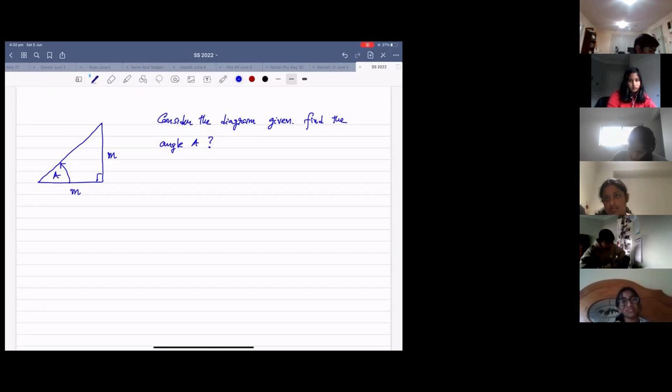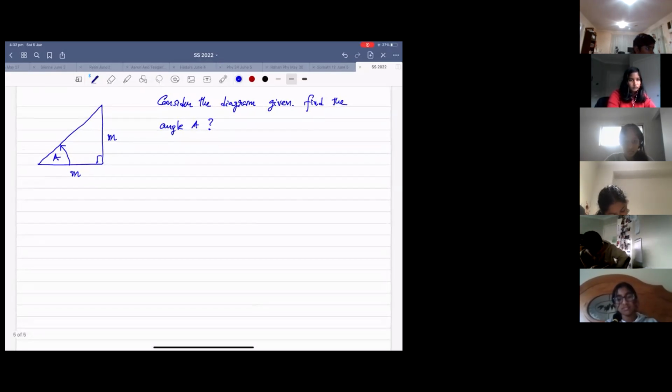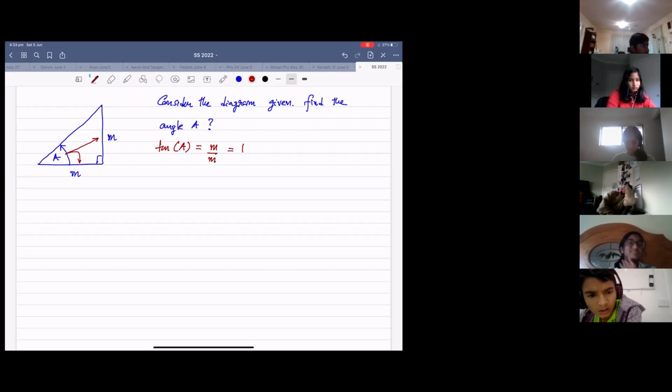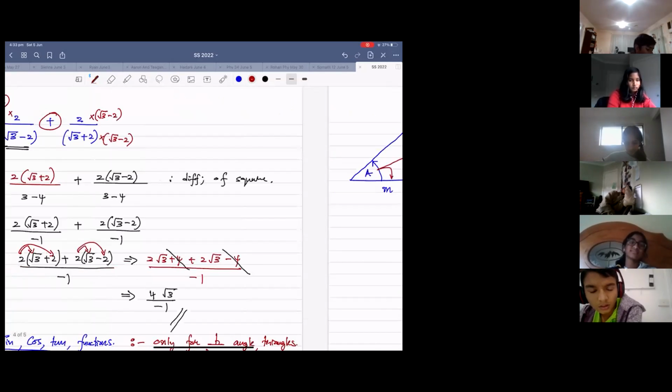Okay. What is the other answer? I got 45 degrees as well. Who was that? Neha? Yeah. Okay. Let's see. Now, you can see opposite is given, opposite to the angle. This is how you think. Adjacent to the angle is given. So, opposite divided by adjacent is tan, obviously. So tan A is equal to opposite divided by adjacent, which is going to be 1.